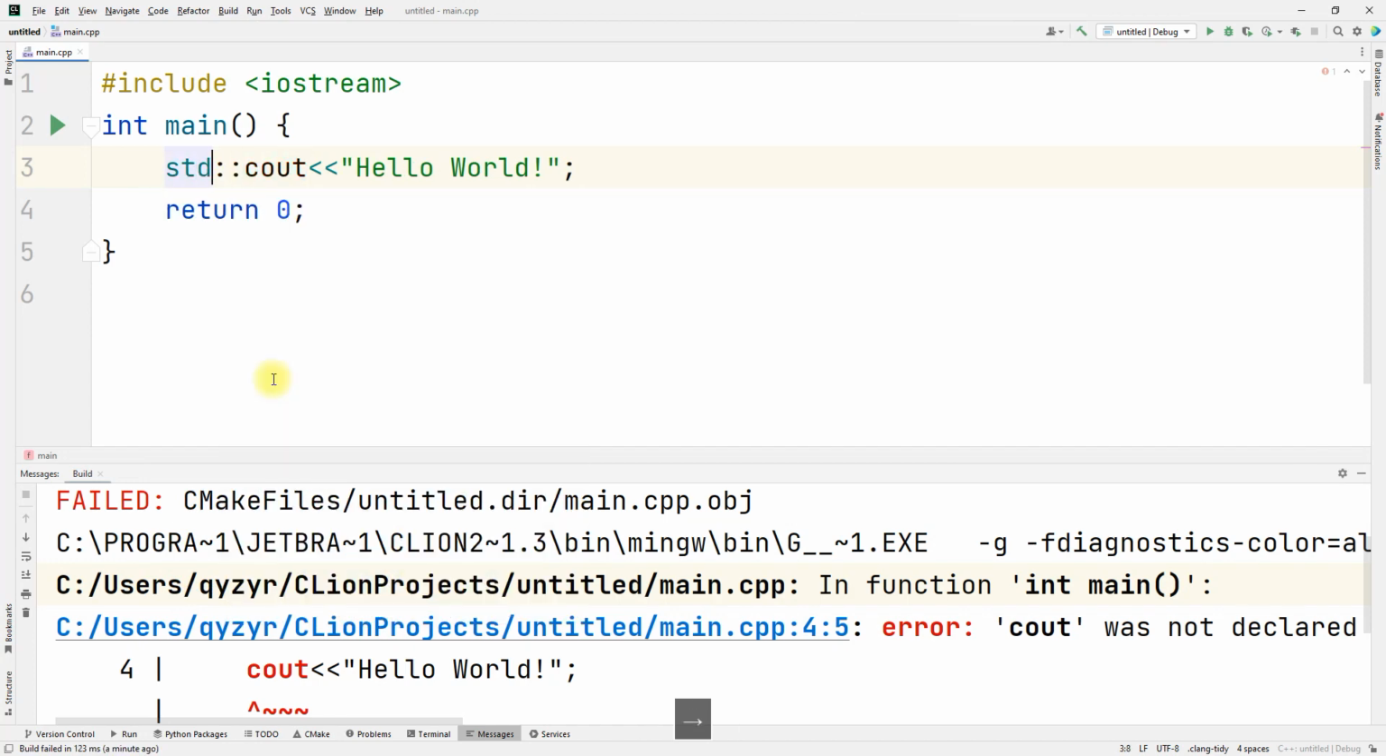So namespace, specify the namespace, and then using these two colons you should just specify the cout from the namespace std. But it's not convenient as your program can contain cout or other tools from the iostream header like several